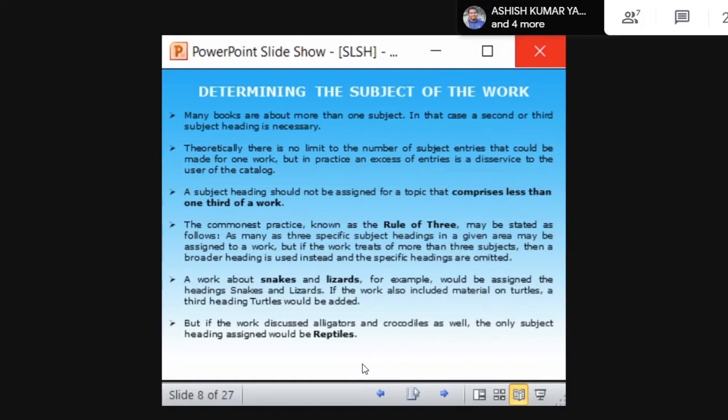If they are talking about application of computers, then computer application should be at least 1/3 of the subject. If more than 80% is talking about library and only 5 to 10% about computers, you can remove computer. You should not use it. If it is more than 30% talking about computers, and other than library science, you can add both. Remember, this is the rule. Just because the title says application of computer, you should not add it. You have to check.